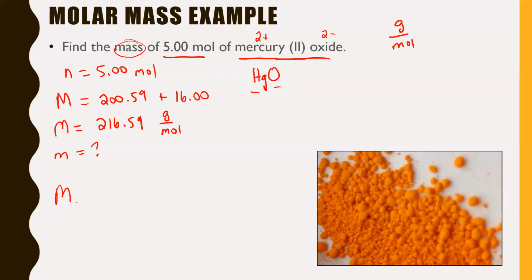So we'll say the formula for molar mass, capital M, which is grams per mole, equals your number of grams, so lowercase m, over your number of moles, so lowercase n. So let's throw in the numbers we've got here. That means